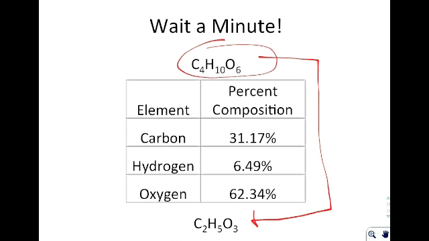So I can't say with any certainty that the molecule is this or the molecule is this. You would need an additional piece of information in order to figure out which one it generally is. A lot of times what they'll do is they will give you the molar mass at this point. They would say something like